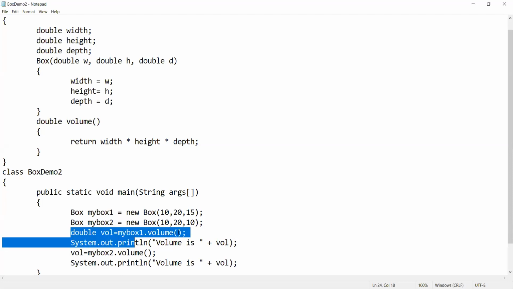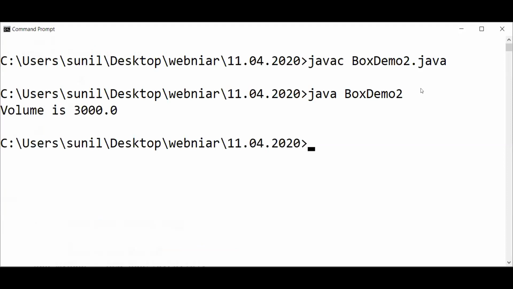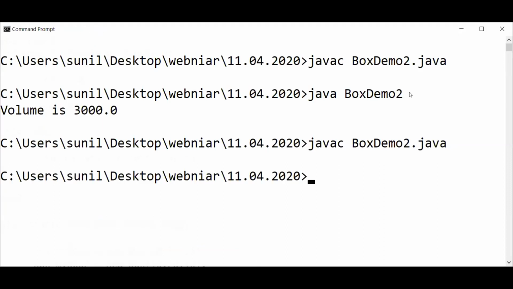After that I am calling the volume method using the first object, my box 1, and printing the volume. And for the second, I am calling using my box 2, my second object, and after that I am printing. So saving this program, compiling, running.